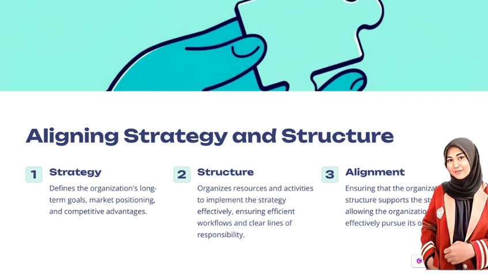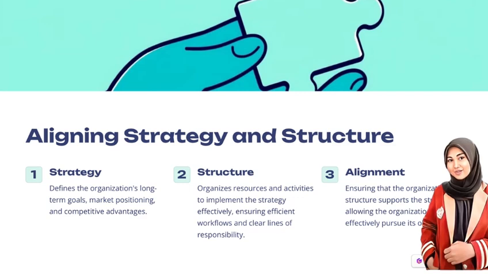Alignment is the process of ensuring that the organizational structure is designed to fully support and enable the execution of the strategy. This involves adapting workflows, roles, and resource allocation to ensure the organization can effectively achieve its objectives while maintaining flexibility to respond to changing market conditions. By aligning strategy and structure, organizations can bridge the gap between planning and execution, fostering greater efficiency, adaptability, and success